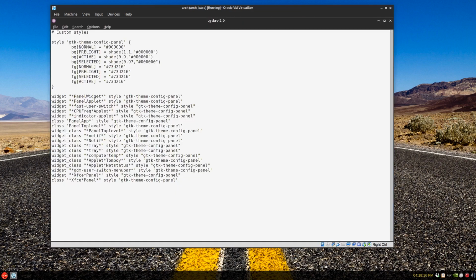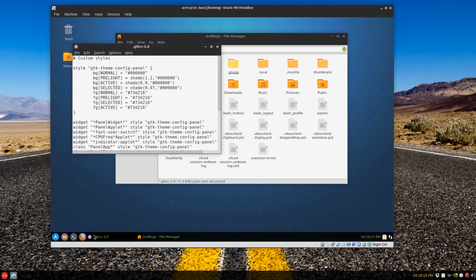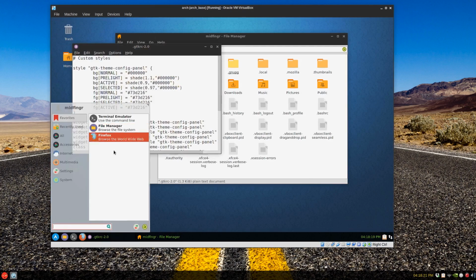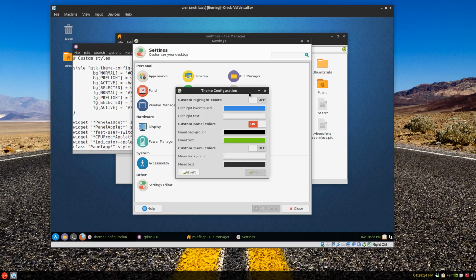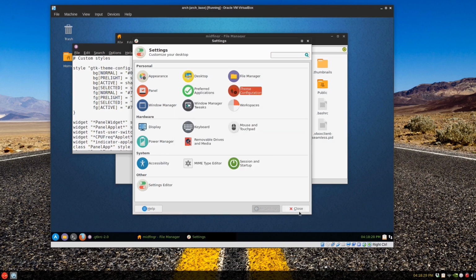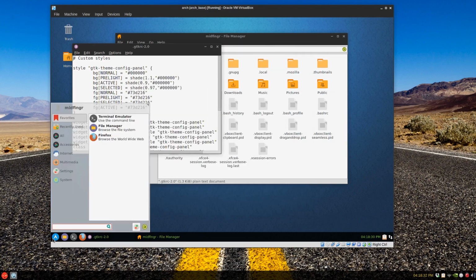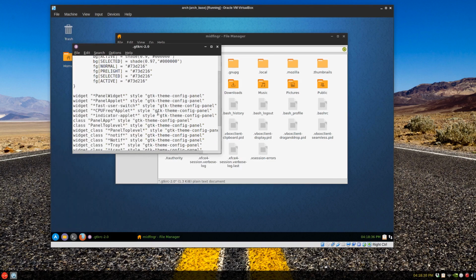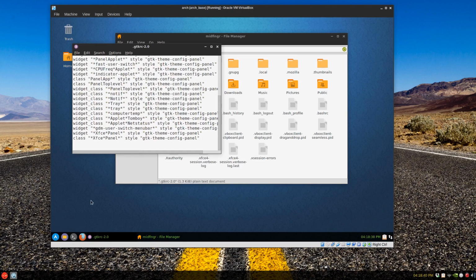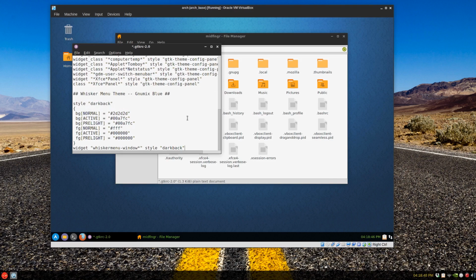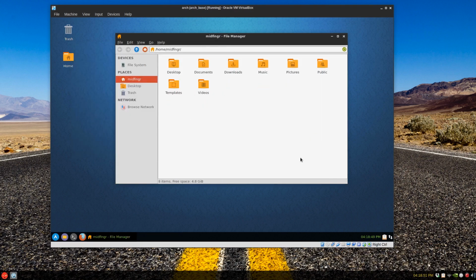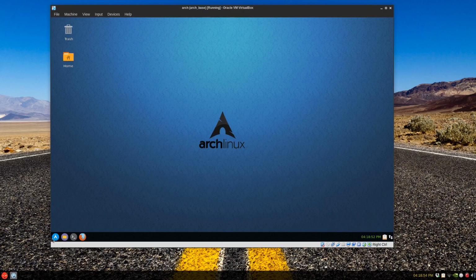So this is what the, I put that dot on, didn't I? Sorry, the theme configuration. This is what it puts here. Okay. Now, if you want to change up the Whisker menu, there's lots of documentation for different themes. You would put it in here. So I'm just going to take from the clipboard I have and paste that in. Save and close, unhide or hide those back if you want, and then log out,